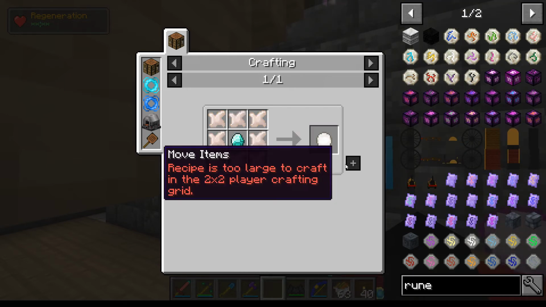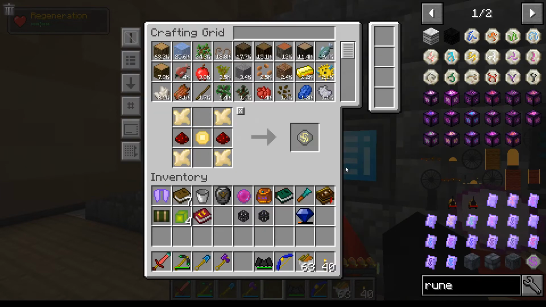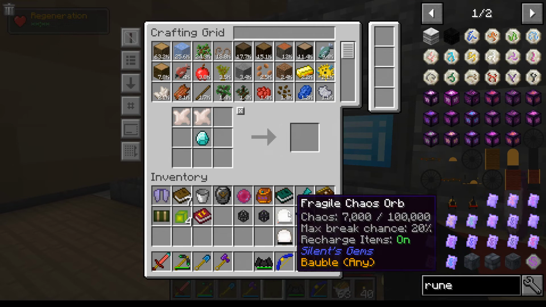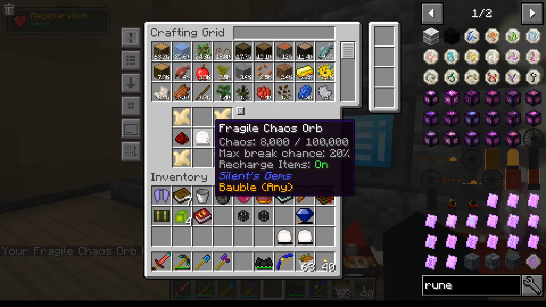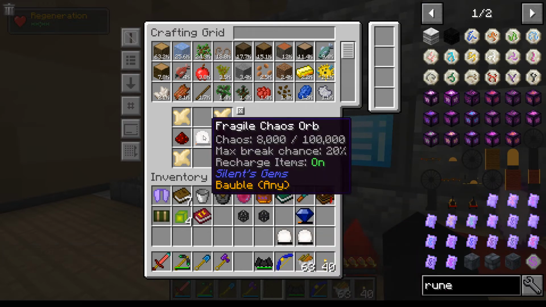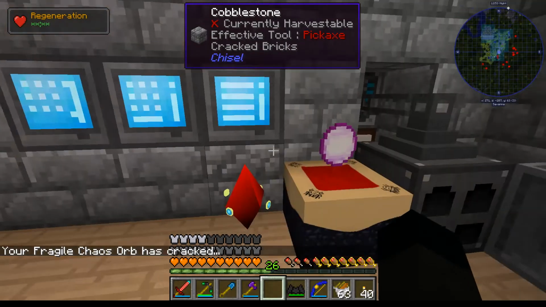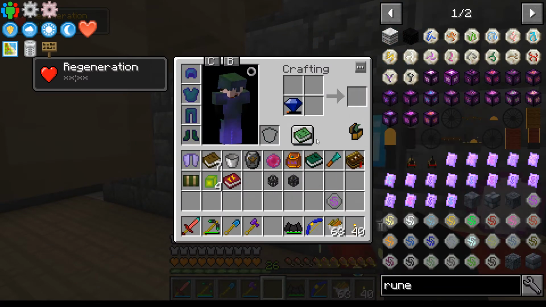So we need to make... Hang on. 1, 2, 3. Oh, you're kidding me. Well, we can certainly make 3 of those. One. That one's breaking, that's why. 2. Oh well. Throw that one away, and we can pop those on, and we'll make another 2 once we've got a little bit more